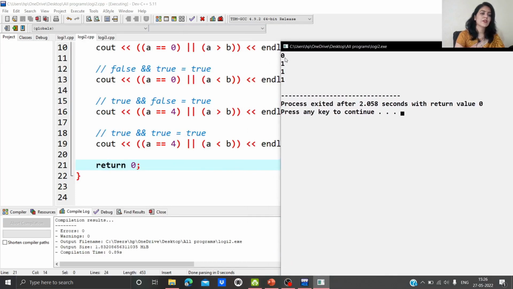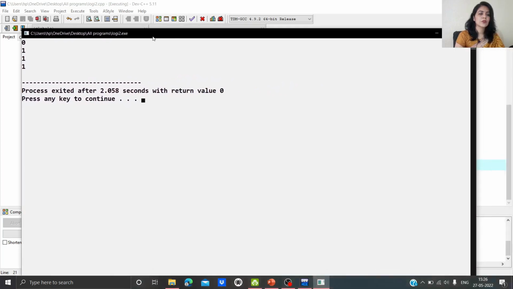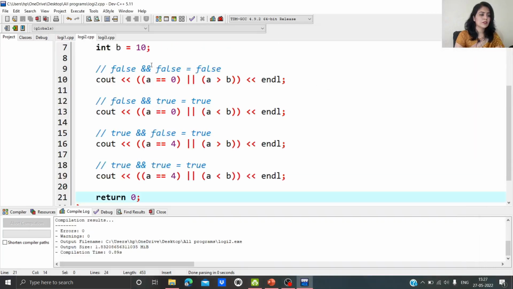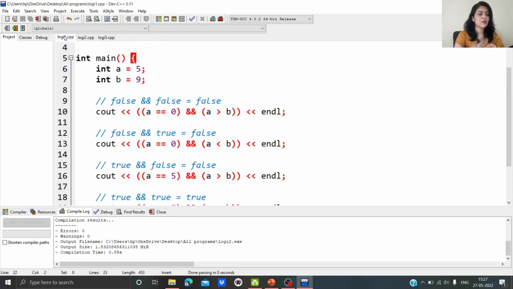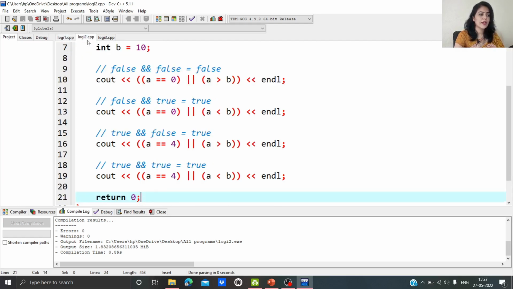That means 0 is false, 1 for true, 1 for true and 1 for true. In OR operator you can see false and true. Means here one condition is true, so the result will be true. So that is the difference of AND operator and OR operator.